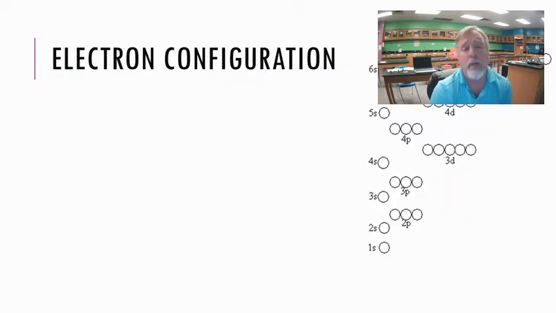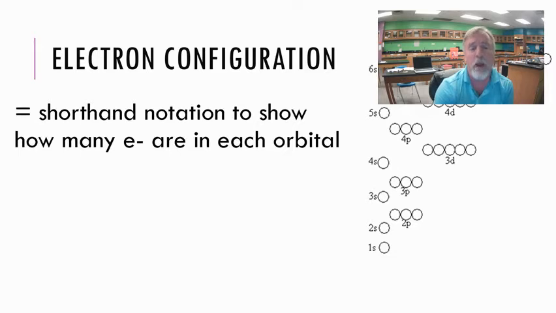So I want to take you back to electron configuration from the last unit. We introduced the idea of a bubble chart like we have here on the right, and it was a way for us to quickly come up with the shorthand to show how many electrons are in each orbital. We used this bubble chart, and then we started writing out some numbers and letters to show what the electron configuration was.